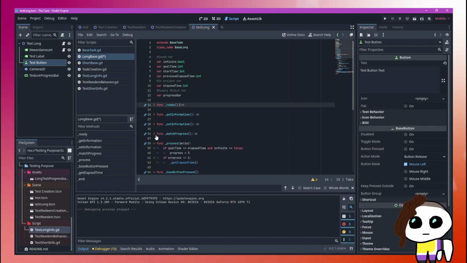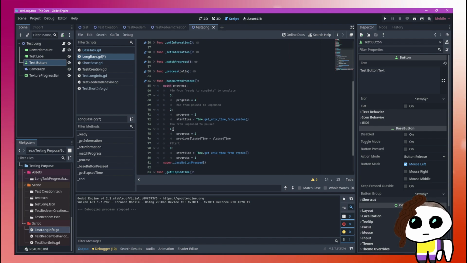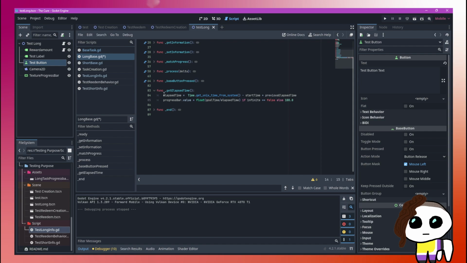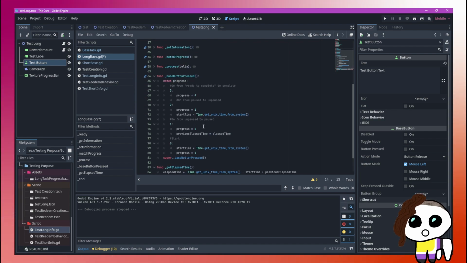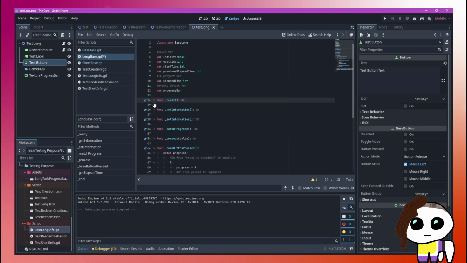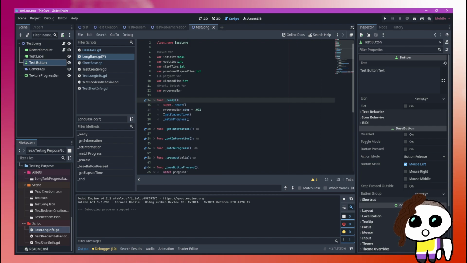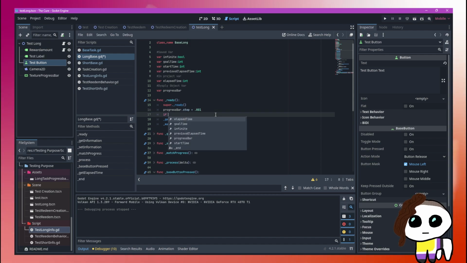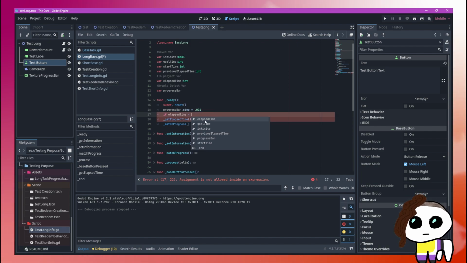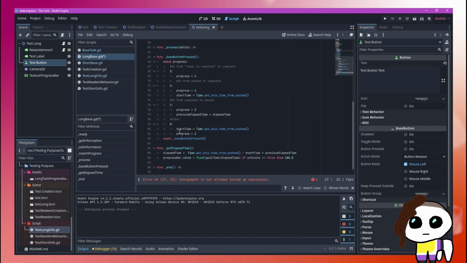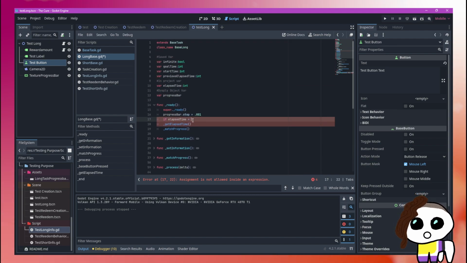Let's see. Will that one fix it? Now that on ready, well, on ready, it's still setting the elapsed time. What I need is if elapsed time is equal to, yeah, because if it's 0, it has not set an elapsed time yet. So if, not elapsed time, if